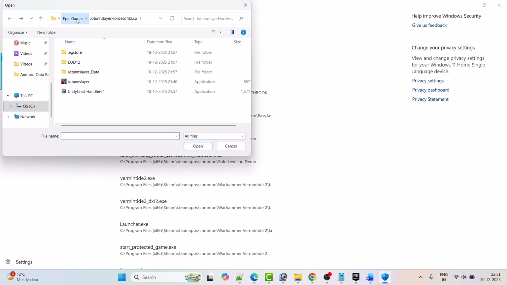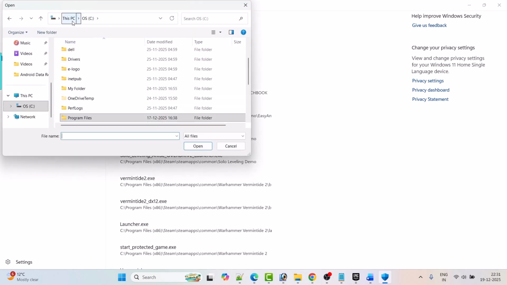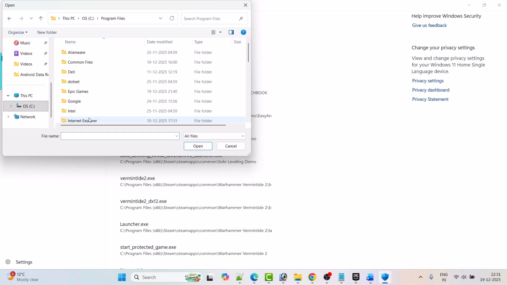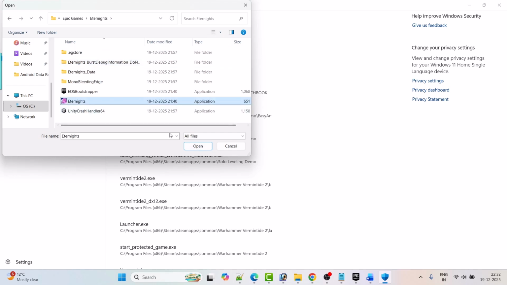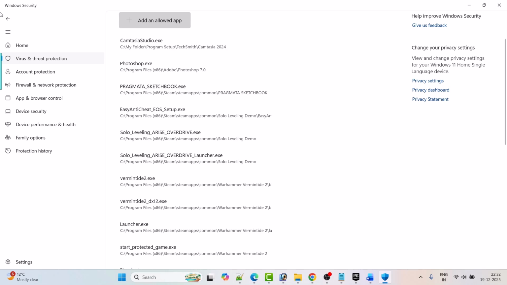Now go to the game installation folder wherever you have installed the game. Open C drive, open program files, open Epic Games folder, open Eternights folder and then select Eternights exe file and then click on open to add it to the list. Now go back,